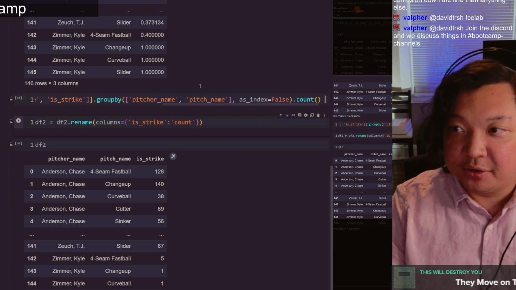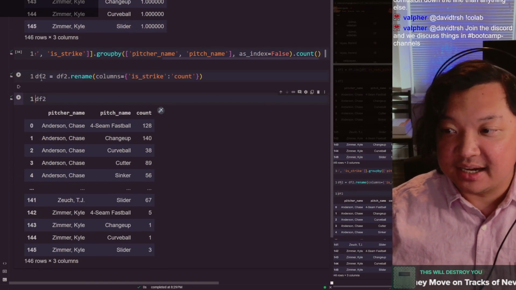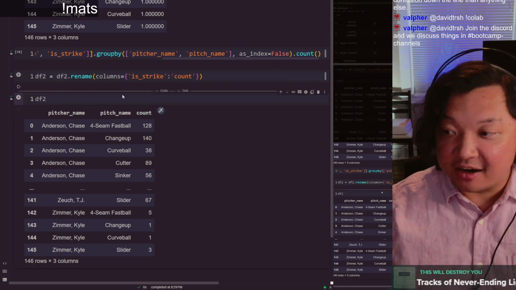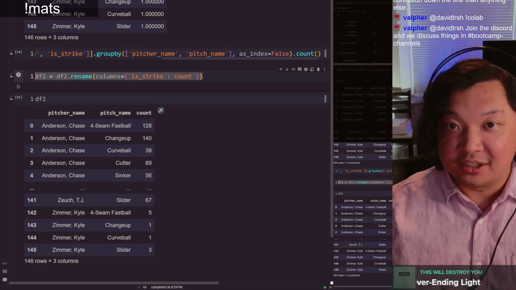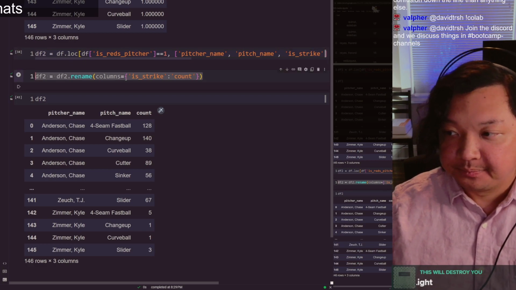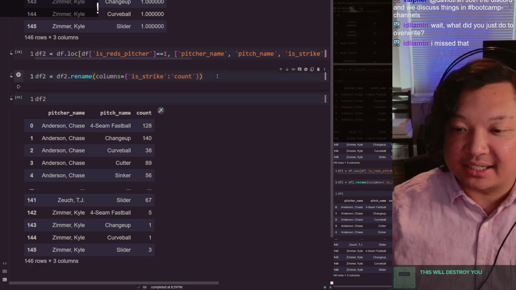Now that's df2. And now when I look at df2, since I've saved over the df2 variable, I have count and it's there instead of isStrike because I've overridden our df2 variable. Okay. And we can actually do the same thing here. Well, let's copy this and let's do the same thing